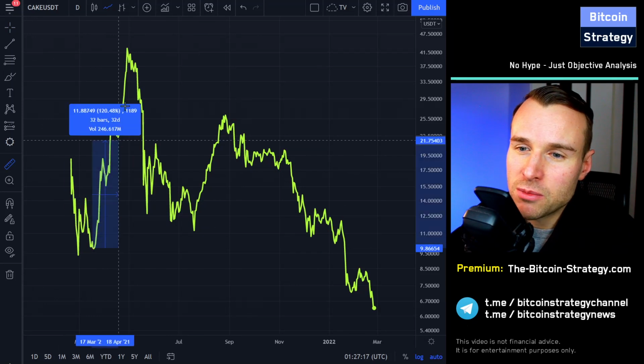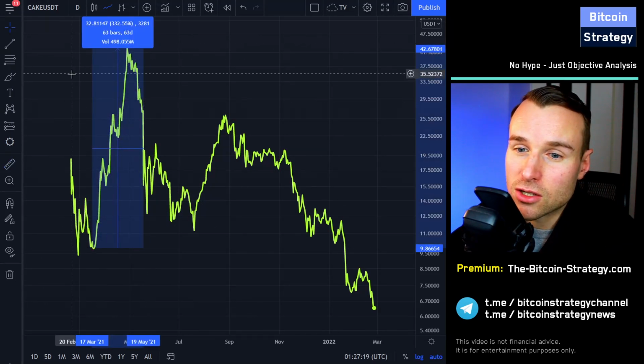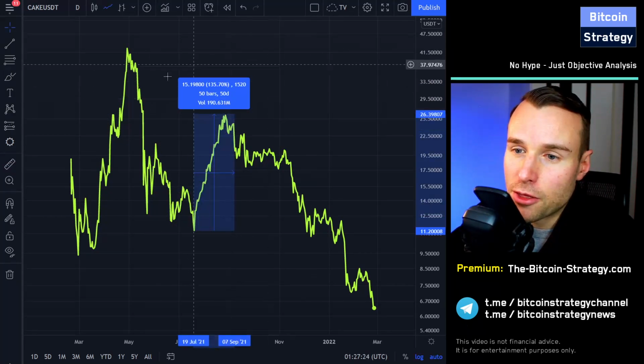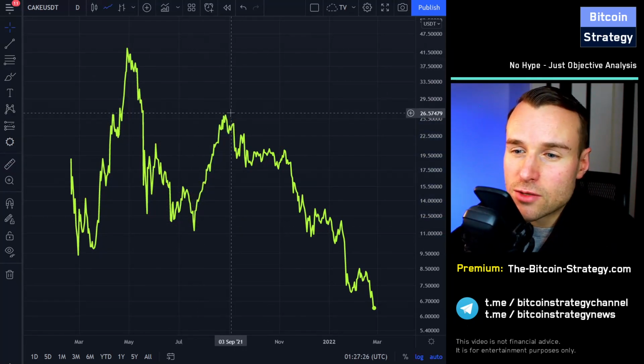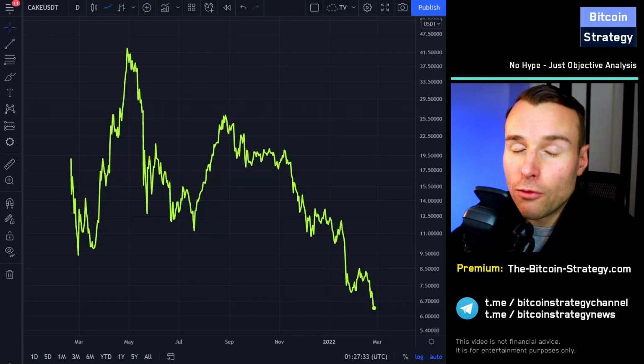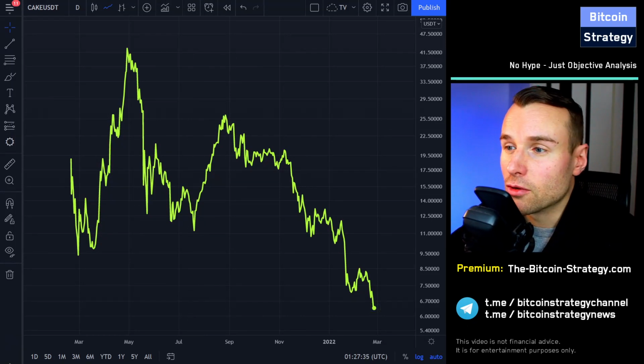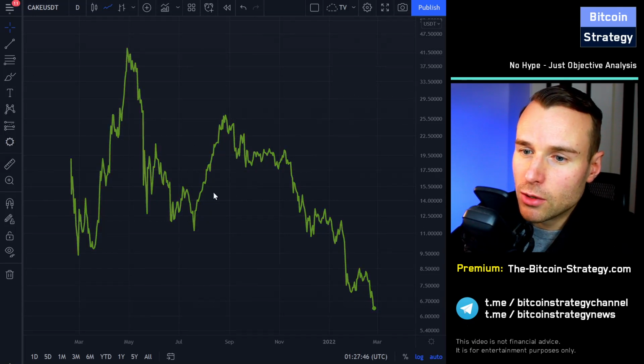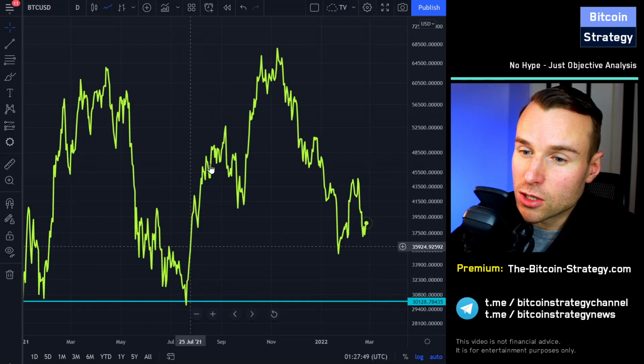because sometimes we do have massive rallies over here, right? 300% over here. This here was a 130% rally. And the reason why these rallies happen is there's simply overall positive momentum happening in crypto, right? There's quite a bit of correlation. And when we look at this rally over here, we look at Bitcoin also went up during this time,